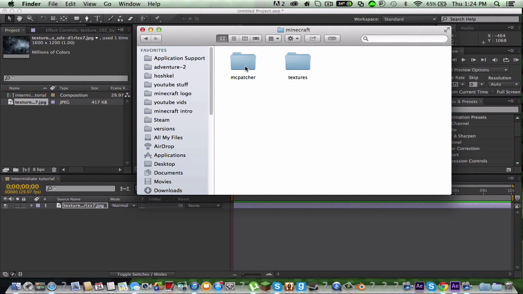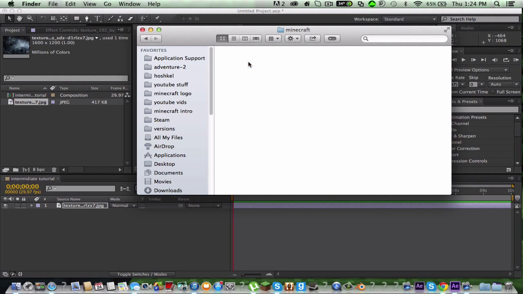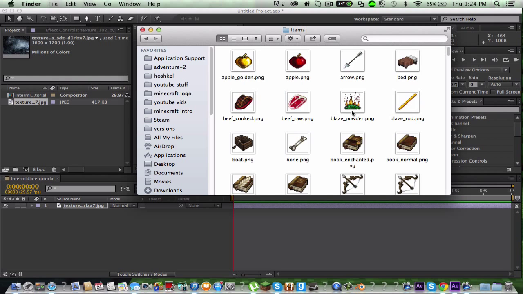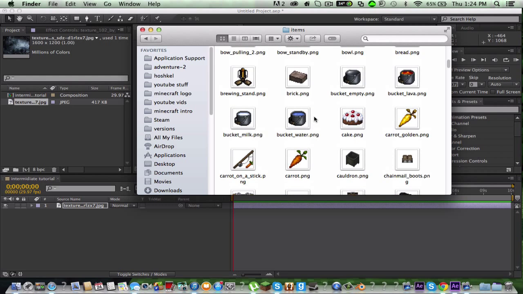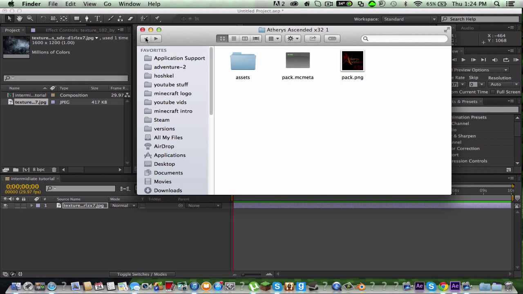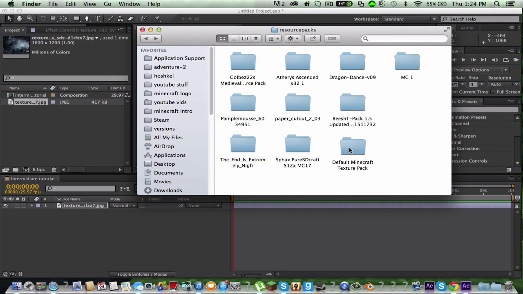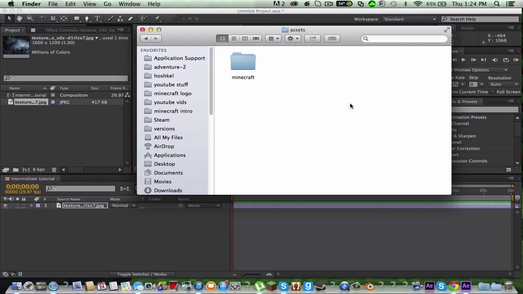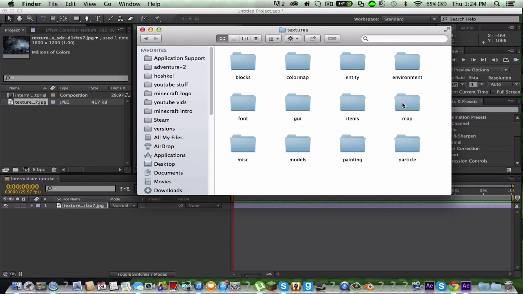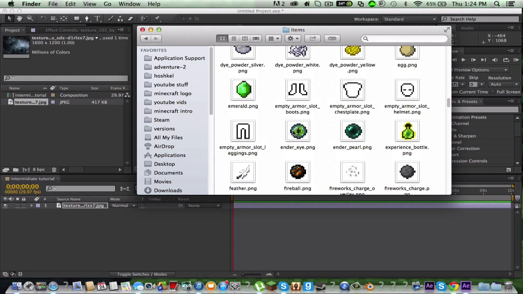So if you like one texture pack better, here, I'll show you. I'm gonna use A3's Ascended. It's one of my favorite texture packs. Textures. And you can see it comes out as the actual texture, the items. But for now, we're not gonna use that. We're gonna just use the regular default Minecraft texture pack. So just click your default Minecraft texture pack, Assets, Minecraft, Textures, and then Items. And all the items should be in here, all of them,